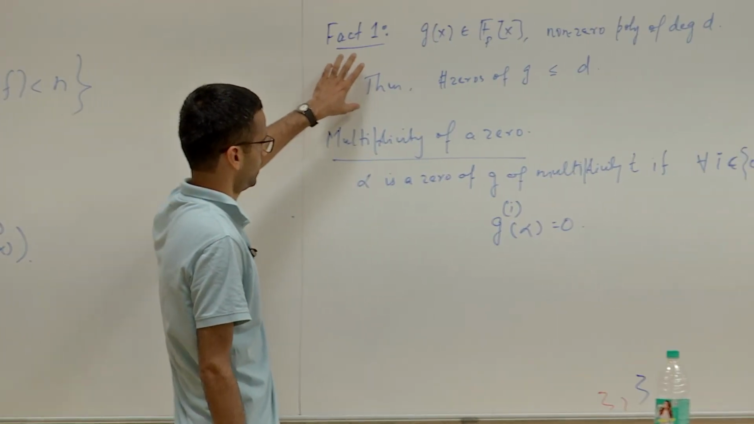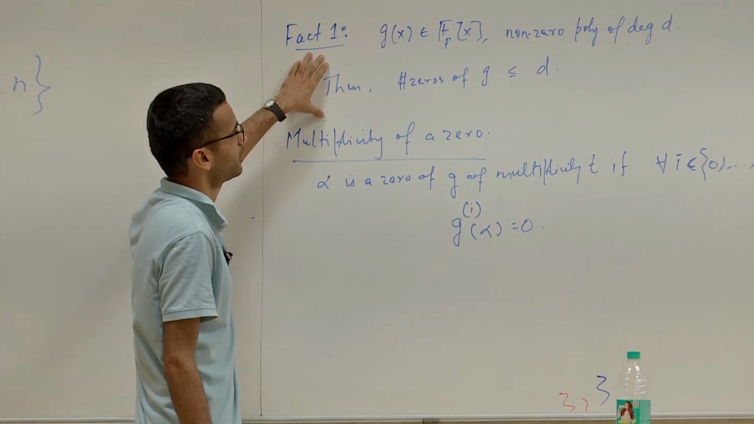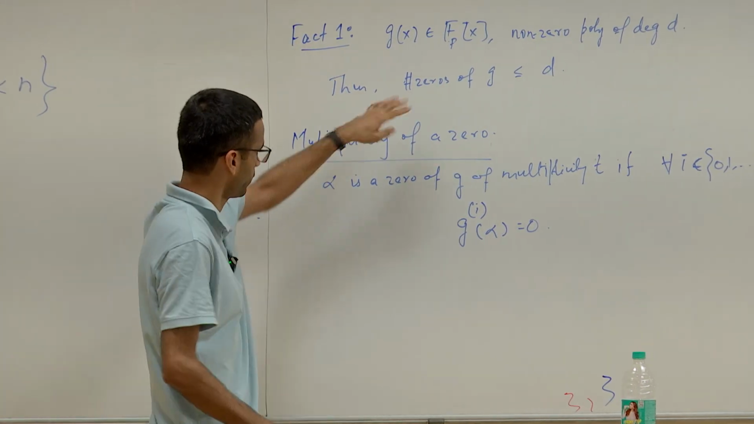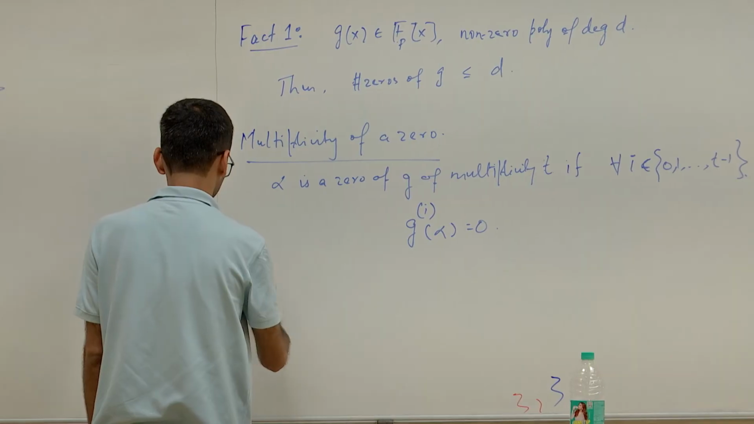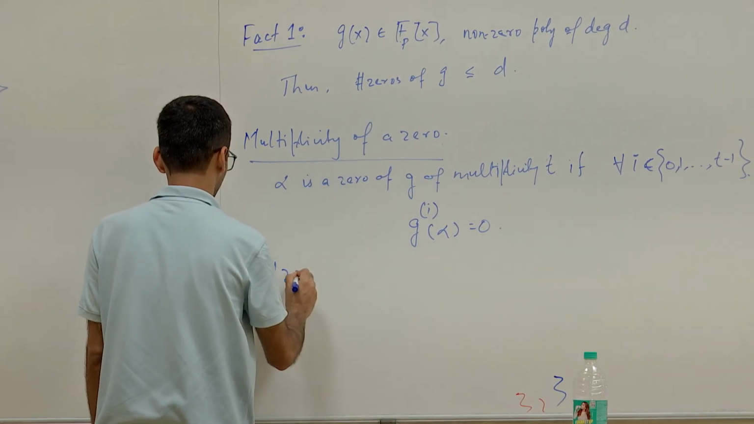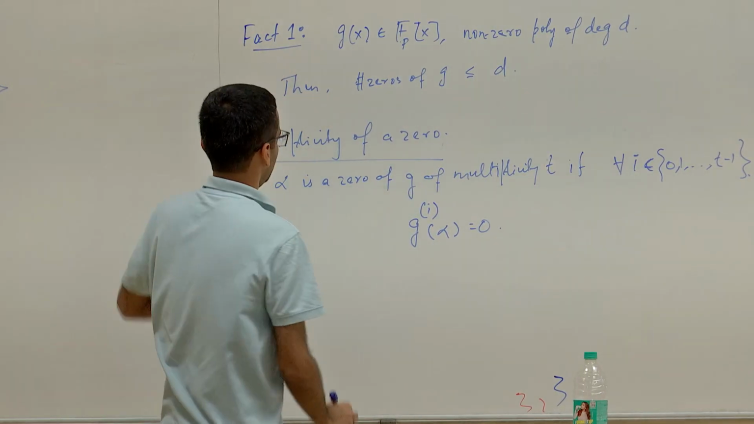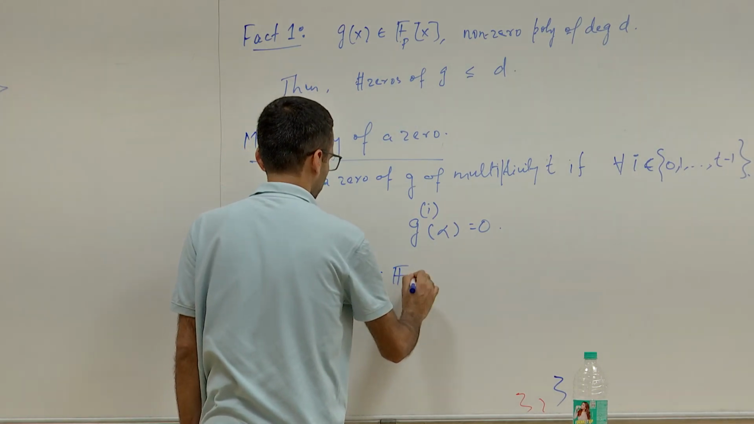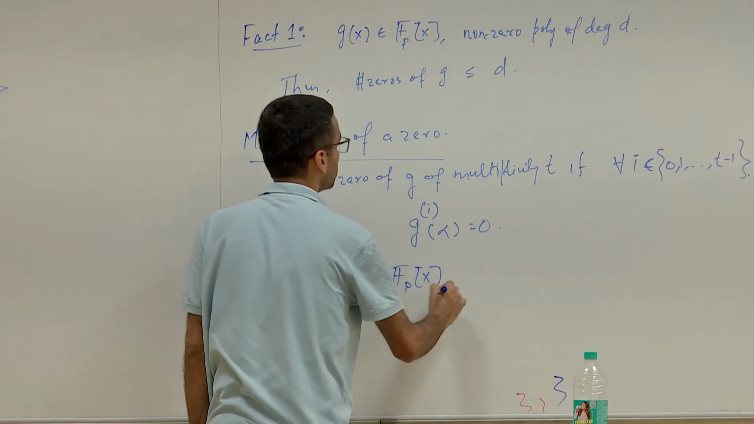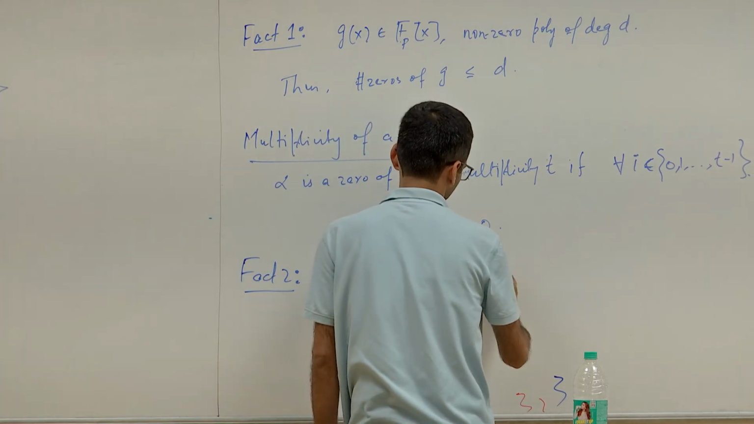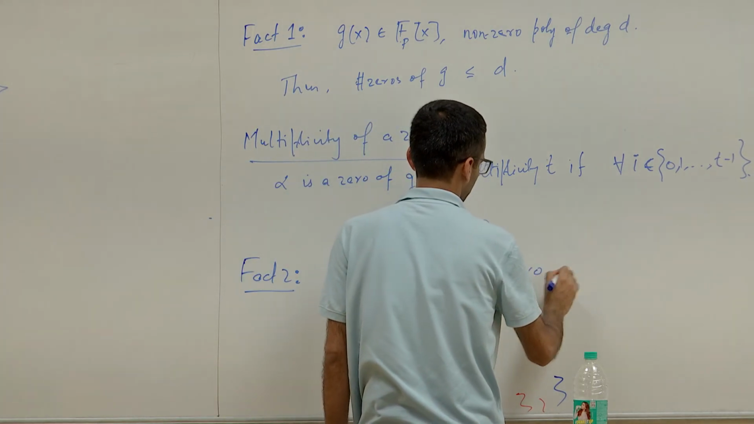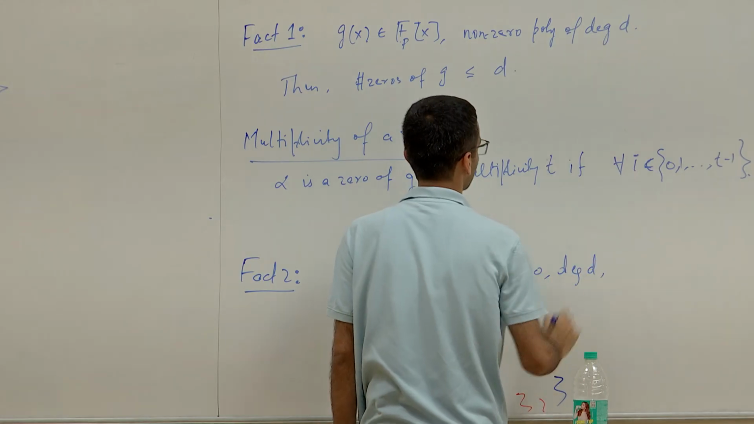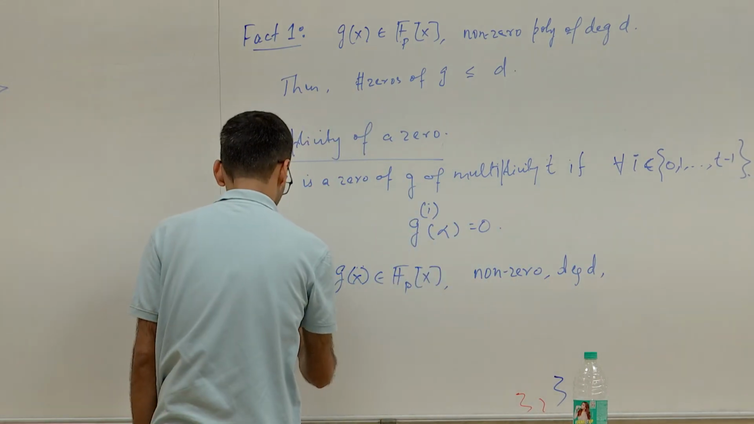And a generalization of this fact is true when we count zeros with multiplicity. So this is fact 2. Suppose you have a g of x in F_p adjoin x, non-zero, of degree d, then